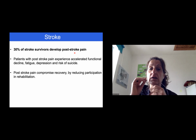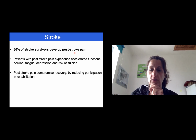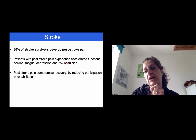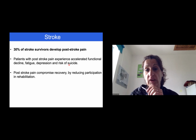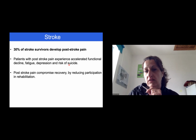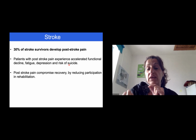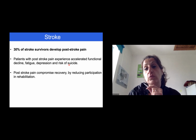Stroke survivors that develop post-stroke pain experience an accelerated decline, fatigue, and more depression compared to individuals that do not develop pain following a stroke. But also, and dramatically, there is an increased risk of suicide that involves these patients. And that's also because the experience of post-stroke pain, unfortunately, hugely compromises the recovery of these patients. Because they are experiencing the pain, feeling the pain, they are less likely to be able to participate